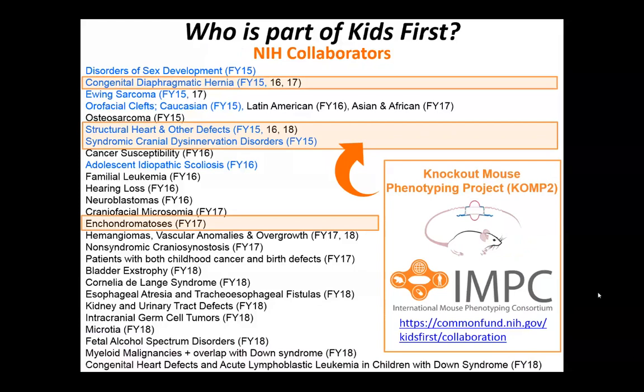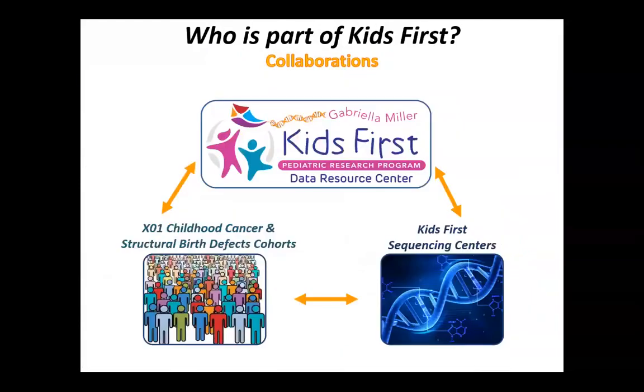We are continuing to accept proposals on a rolling basis for investigators to nominate variants based on Kids First data until May 31st or until the funding for this pilot project is committed to projects. That said, we strongly encourage any researchers to pursue collaborations with KOMP even outside of this pilot. As you've seen, we are always looking for ways we can work together with other efforts in the spirit of